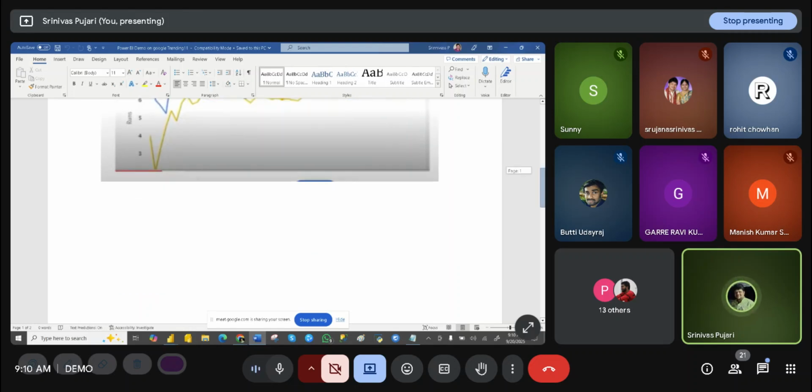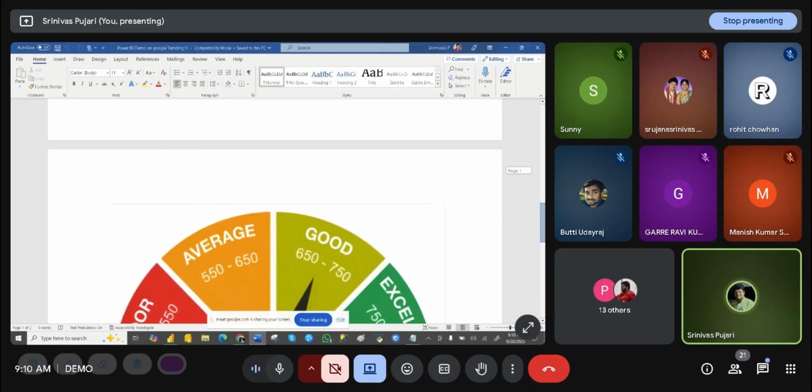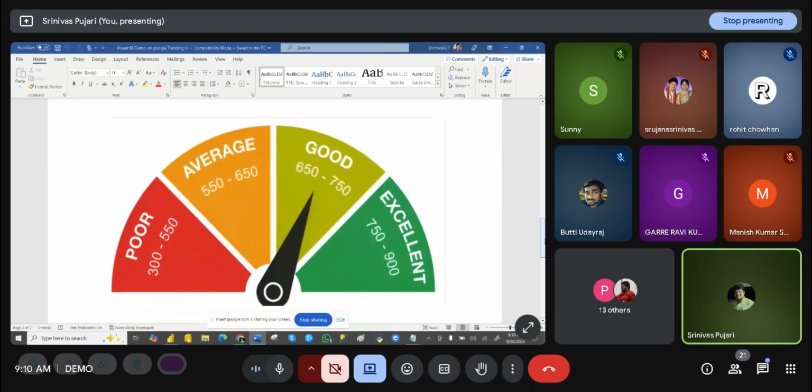And one more thing: if you apply for any loan, immediately the bank broker or bank manager asks for your PAN card. You know why? They will check your CIBIL score. If your CIBIL score is in 300 to 550, they will say within a fraction of a second that you will not get the loan.